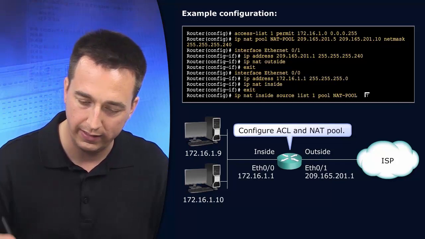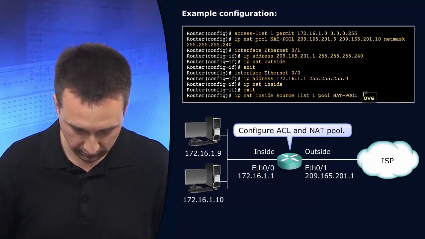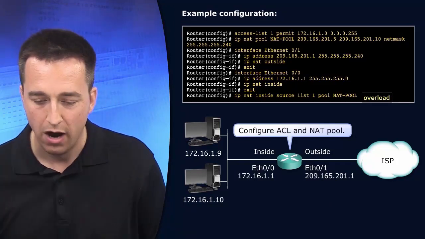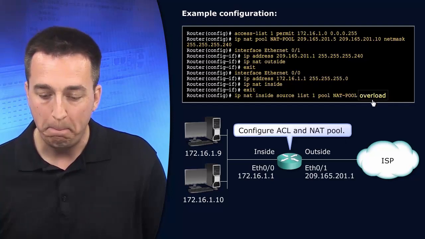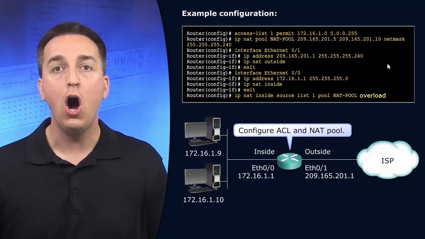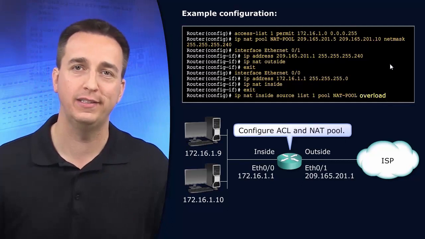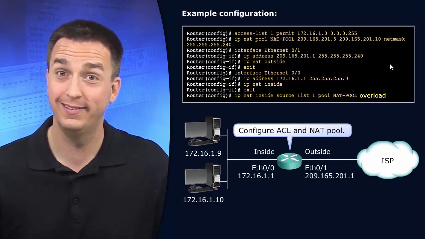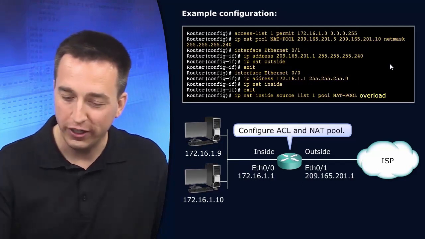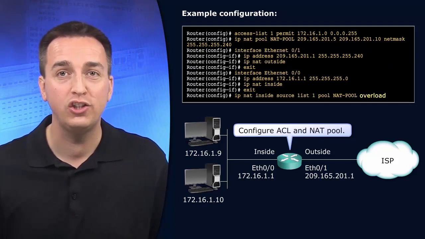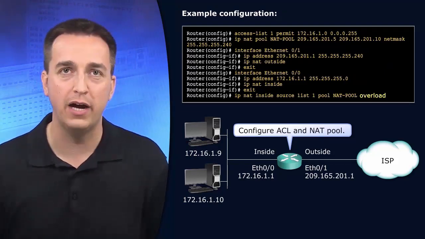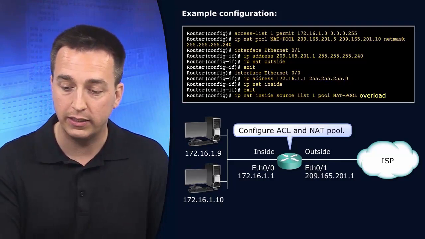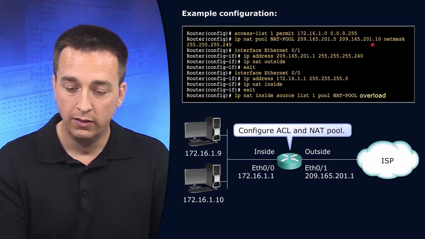Very, very easy. We are now going to use PAT on the pool of addresses. Let me repeat that. We're going to use port address translation on the pool of addresses now. So we have these 6 addresses within the pool,